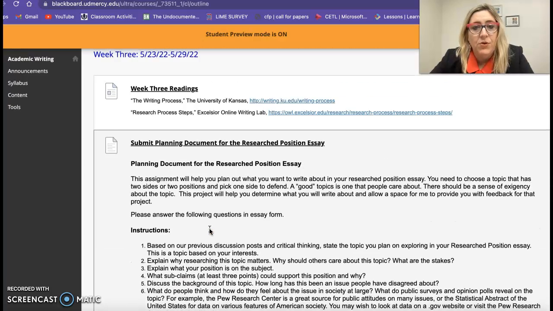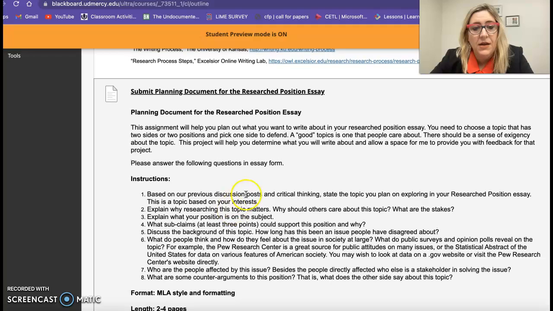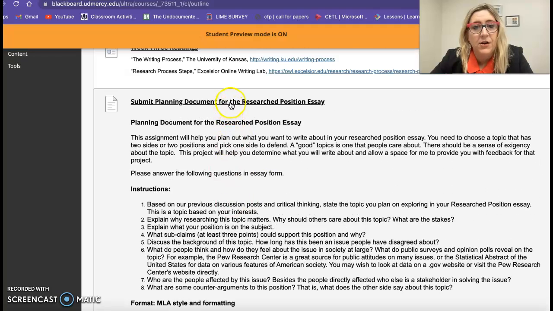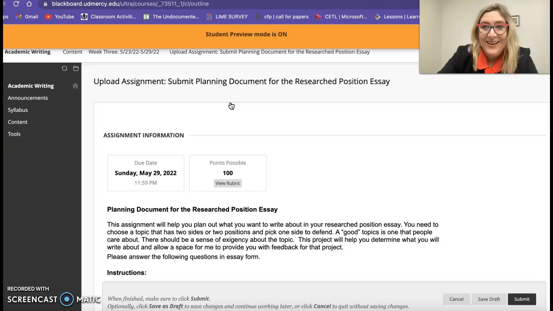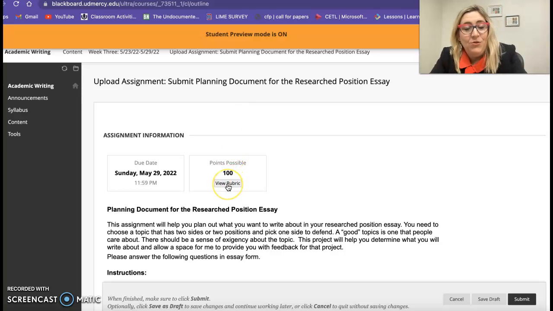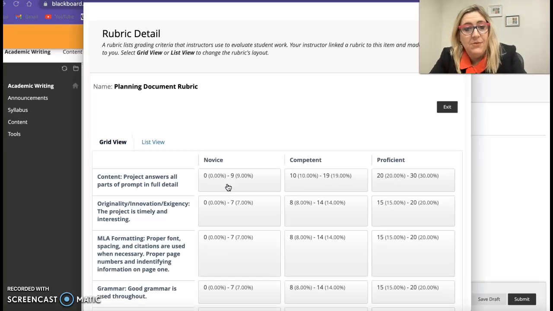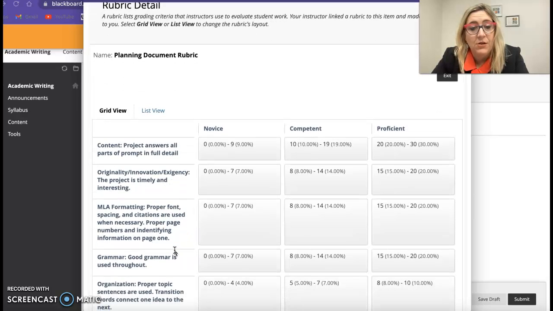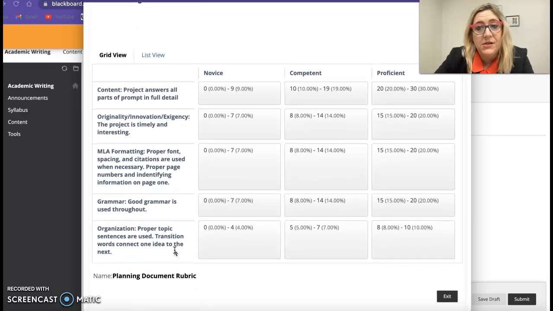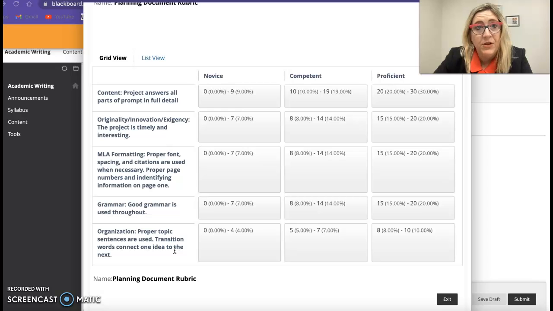This is a 100-point essay. And again, in order to submit it, you're going to click right here when you feel the call to do so. You can view the rubric. In fact, all of our major assignments do have rubrics. It's important that you look at these when they're available because it shows you exactly how I'll be grading the